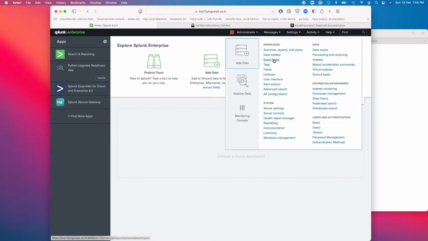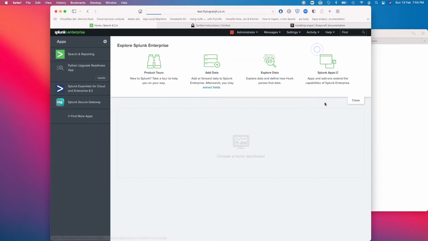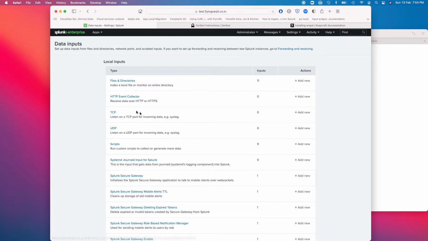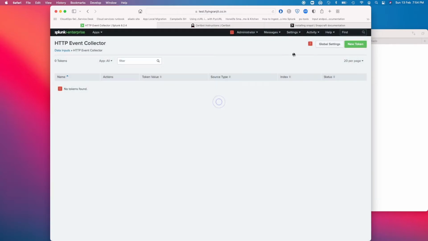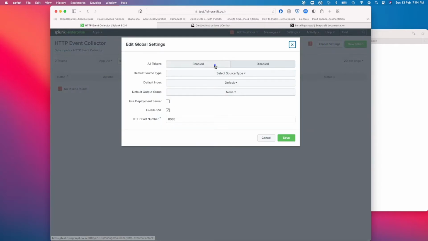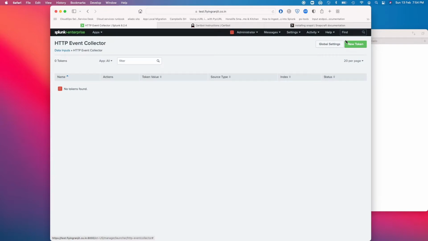So the way you enable HEC is, you come here, data inputs, and then if you click here, you can onboard your data through HEC. So we are enabling SSL, right? And then we can create a new token,